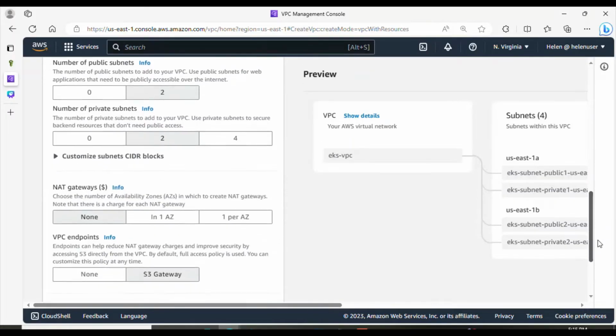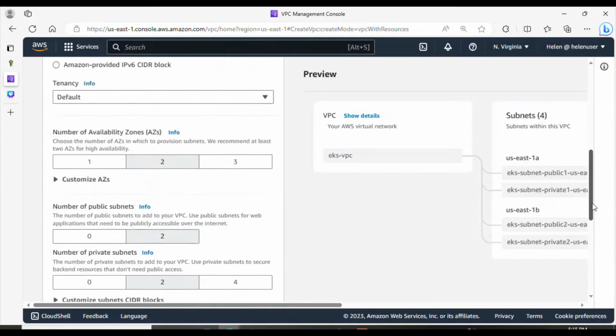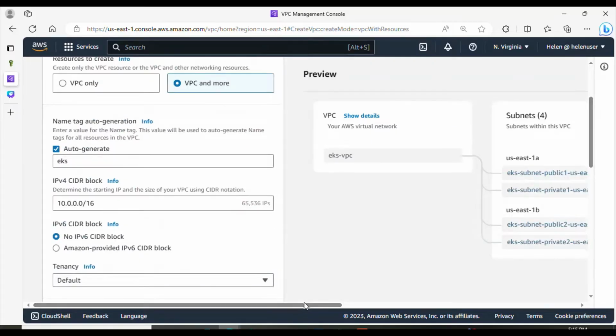So scrolling down, for the NAT gateway, we want to make use of just one NAT gateway, right? And for the VPC endpoint, I don't really want to use a VPC endpoint because this is not really a production EKS cluster, but in case yours is production, you may want to go with this. For the DNS options, DNS hostname and DNS resolution are enabled already. And coming to this preview section over here,